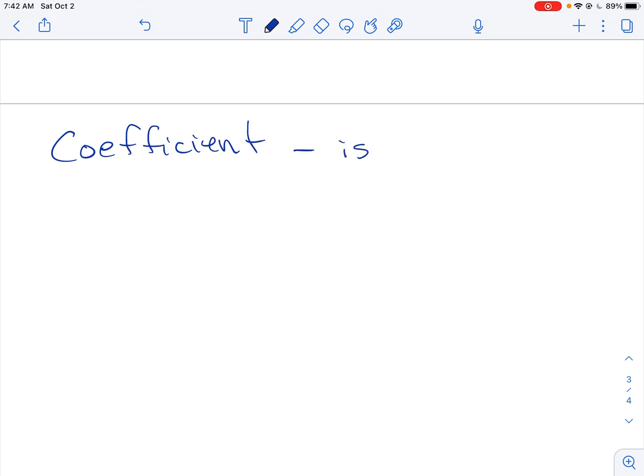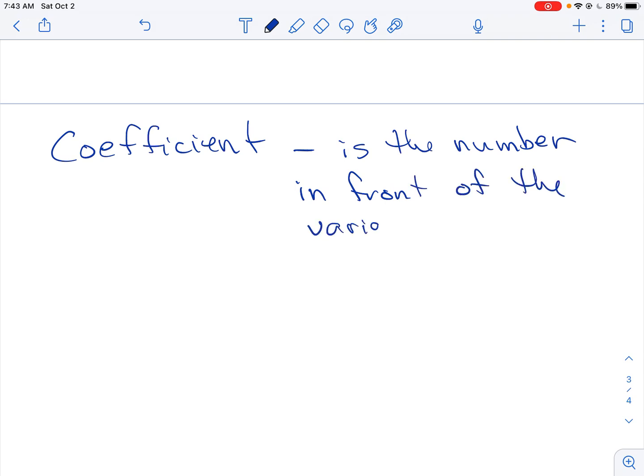Coefficient is the number in front of the variable. Because I'm going to be using these words, and I need to make sure that you know them. Constant,